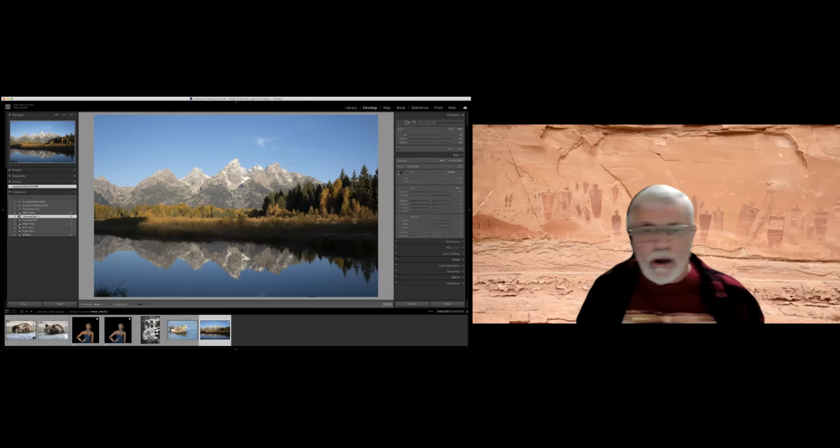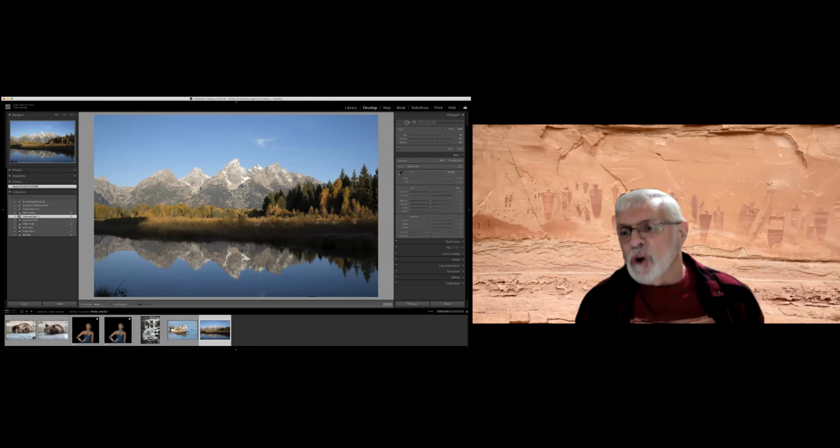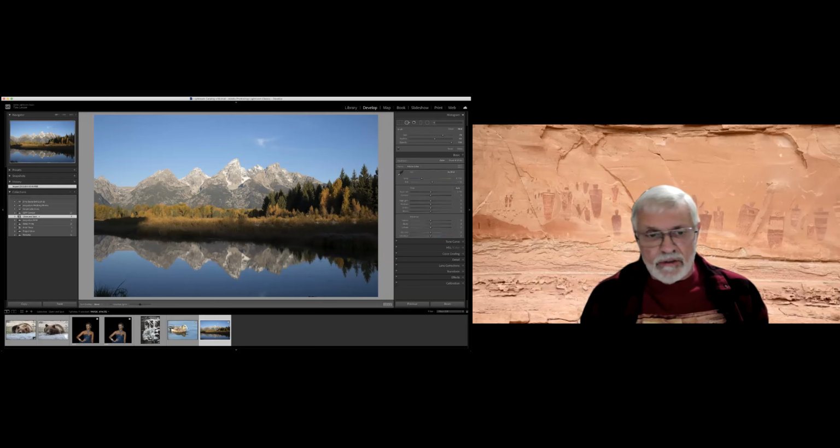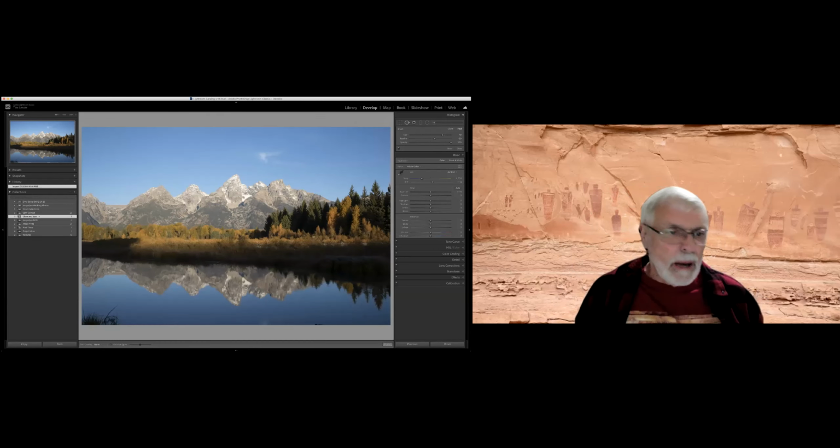Anyway, the spotting tool in Lightroom is content aware. So it bases what it fixes on what's around it, and it doesn't send those circles. You don't have to go chasing those circles around. So I find it infinitely faster. But the first thing, I'll show you, just for instance, I'm going to start with the